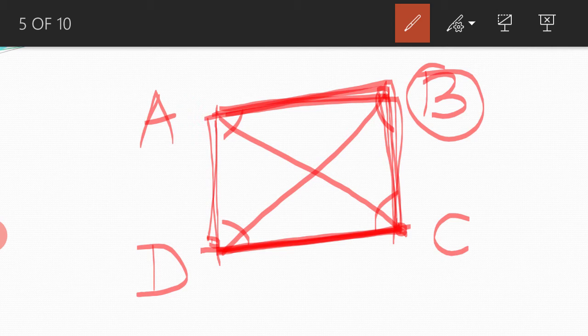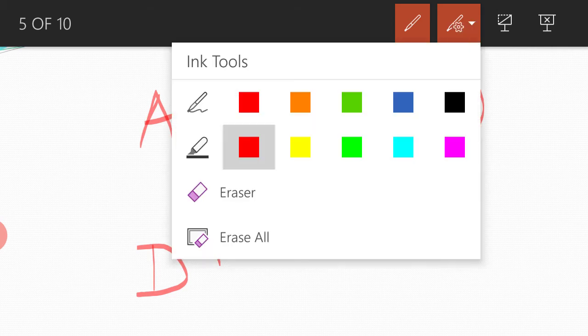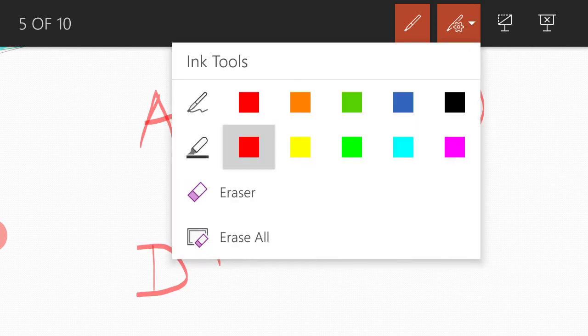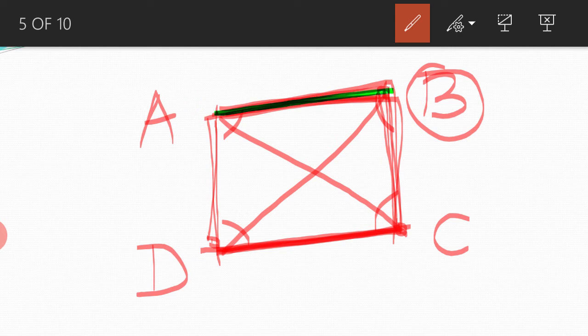That is the identification of adjacent sides. If I talk about AB and CD, can you say that they are adjacent? You will say no, they are not adjacent because there is no vertex common. Then if they are not adjacent, are they opposite? Yes, AB and CD are opposite. I'll take another color so that we can see more clearly. So AB and CD are opposite. Similarly, how many other pairs are there? AD and BC are opposite sides.